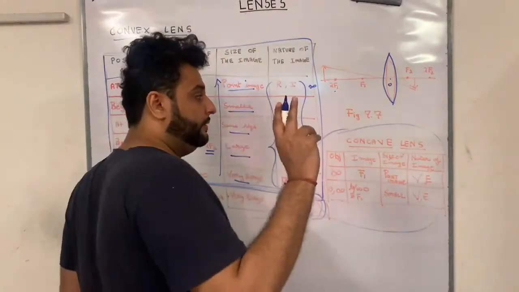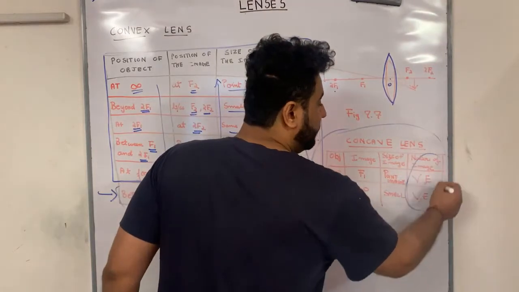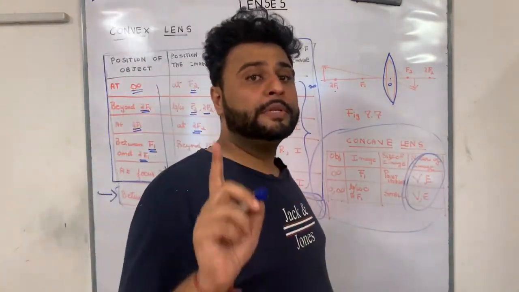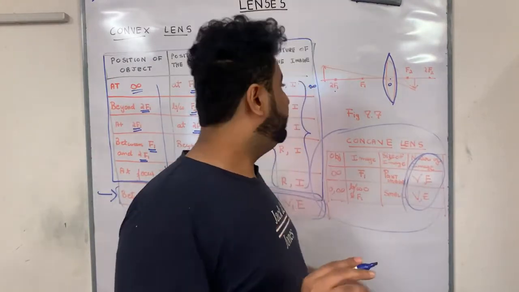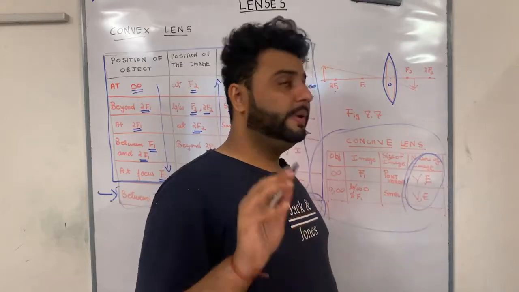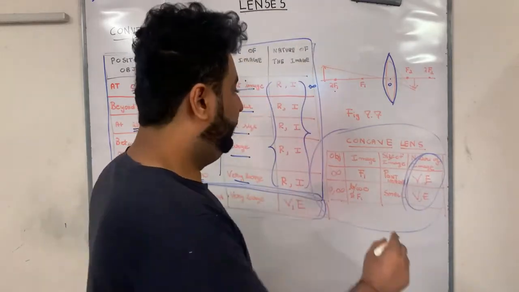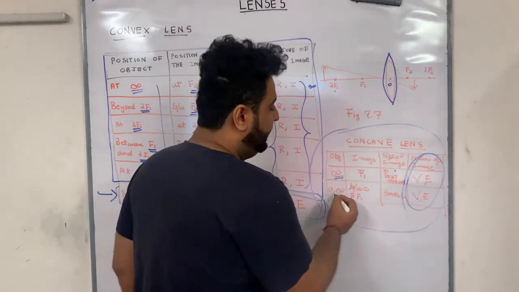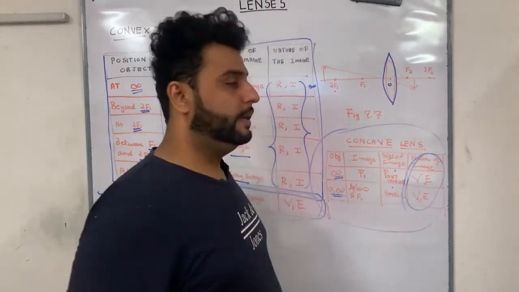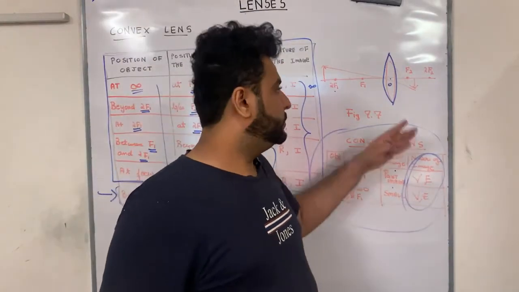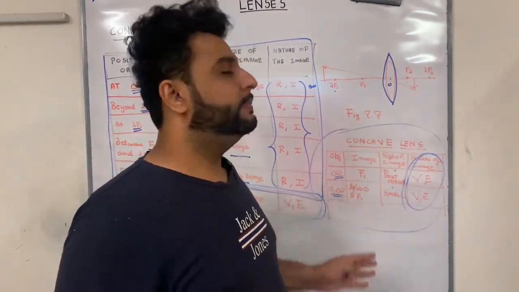One thing about concave you should always remember: the nature of the image is always virtual and erect. Concave is always virtual and erect. Means if it is real and inverted, it cannot be concave. And if the object is at infinity, the image is small, that is a point, and anywhere else it is small. An image will be formed either at f1, that is on the object side, or between object and f1.